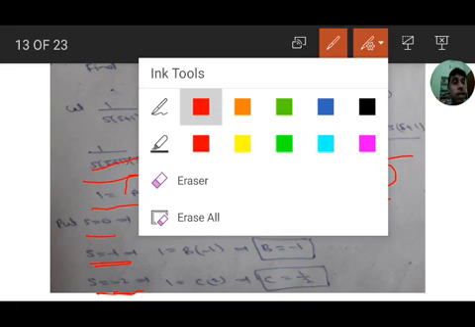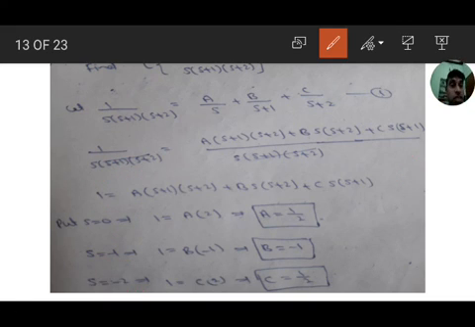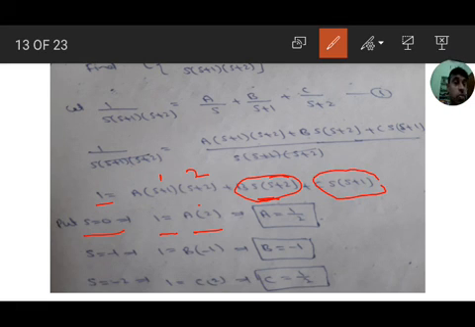Okay, substitute these values in the above equation. Suppose s equal to 0. LHS 1 is as it is, a into 0 plus 1 plus 0 plus 2, that is 0 plus 1 is 1, 0 plus 2 is 2, 1 into 2, 2, a into 2. Next b into 0 into 0 plus 2 means here total 0, and c into 0 plus 0 plus 1 means 0, total 0. So we get only a, therefore a equal to 1 by 2.